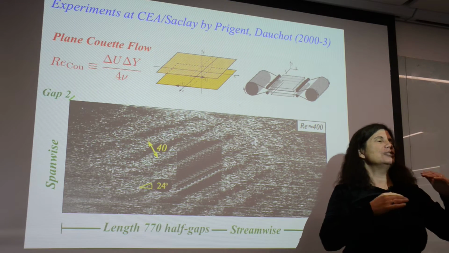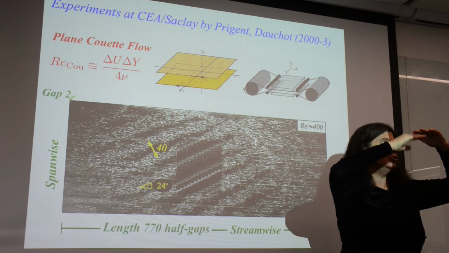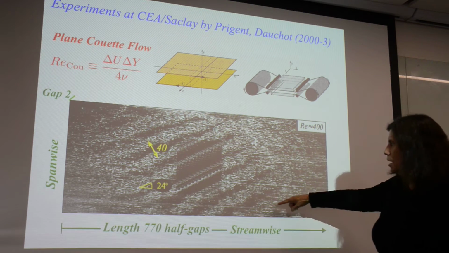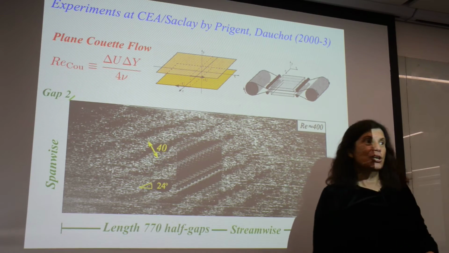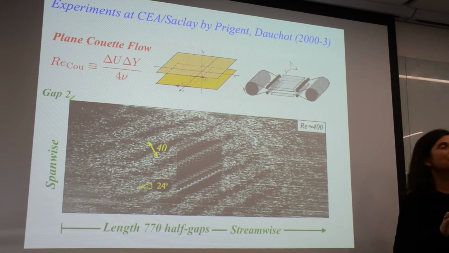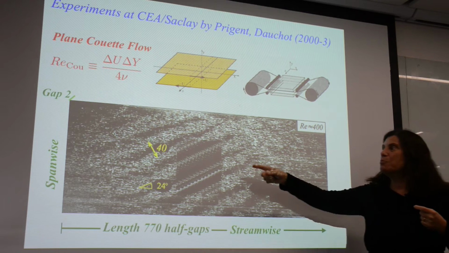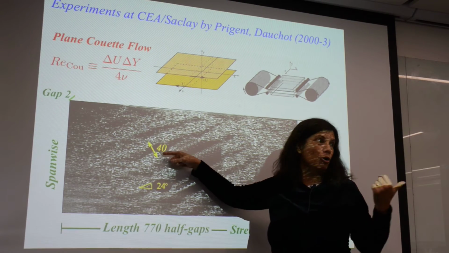As I told you, the convention in plane Couette flow is that this distance is 2. So a half gap is 1. So there are 40 half gaps. So it's not like convection rolls. You recall how many times we said that the rolls were approximately round. That is to say, the roll was about as wide as it was high, and since this distance is 1, then this distance is 1, and so the wavelength was 2. And in terms of half gaps, I guess it would be 4. This is much, much bigger. So these are not those rolls that we were just talking about.